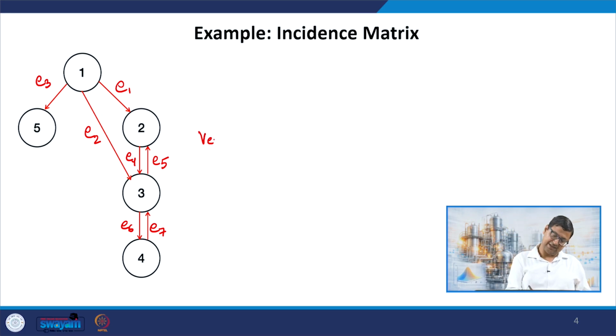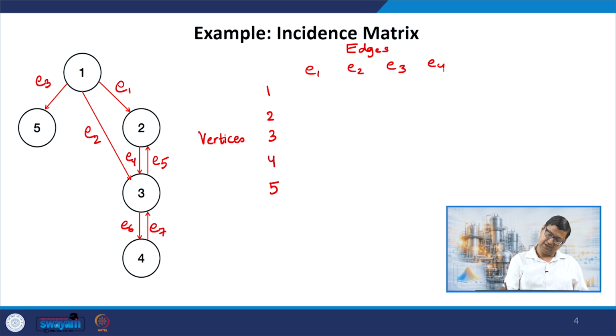So I will label like this: vertices 1, 2, 3, 4, 5, and I will have the edges along the columns, and we have 7 edges: E1, E2, E3, E4, E5, E6, E7, and what comes here is my